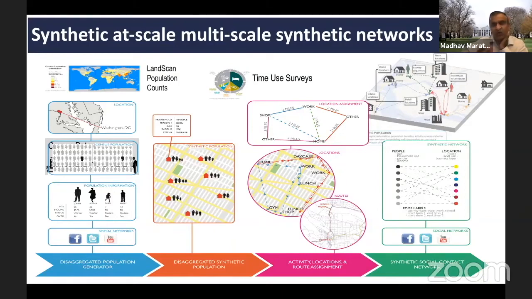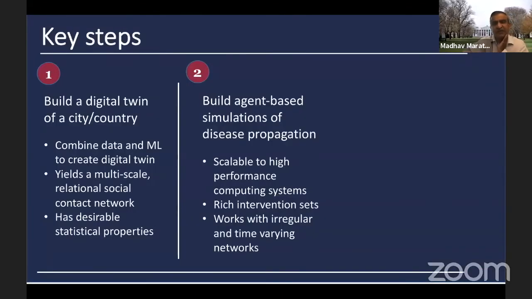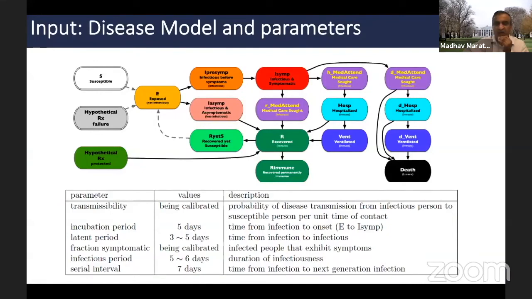And there's no real stopping criteria in the sense that these things get better and better as new data sets come in. We have now built out such a digital representation for the entire US, and we will release versions of it in time. So the second step is to build agent-based models that understand how diseases spread on these networks. It turns out that you need HPC-like systems to do anything meaningful with this because they're fairly complicated.